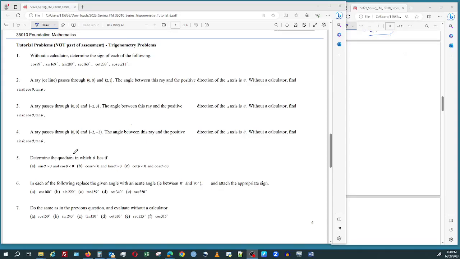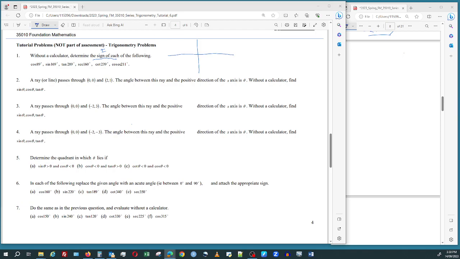Right, welcome back. We're going to have a look at the trigonometry part of tutorial 6 now and see what we can work out. For each of these, it's only asking for the sign, that means plus or minus. So if we do our exact values trig